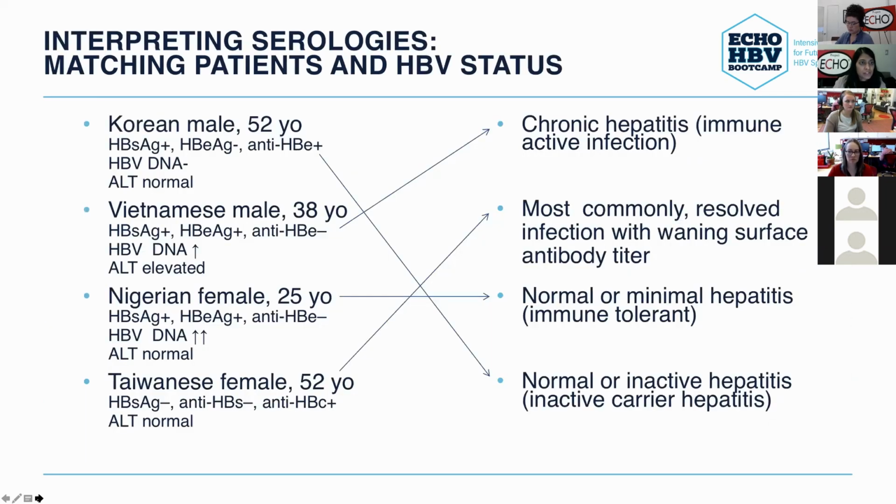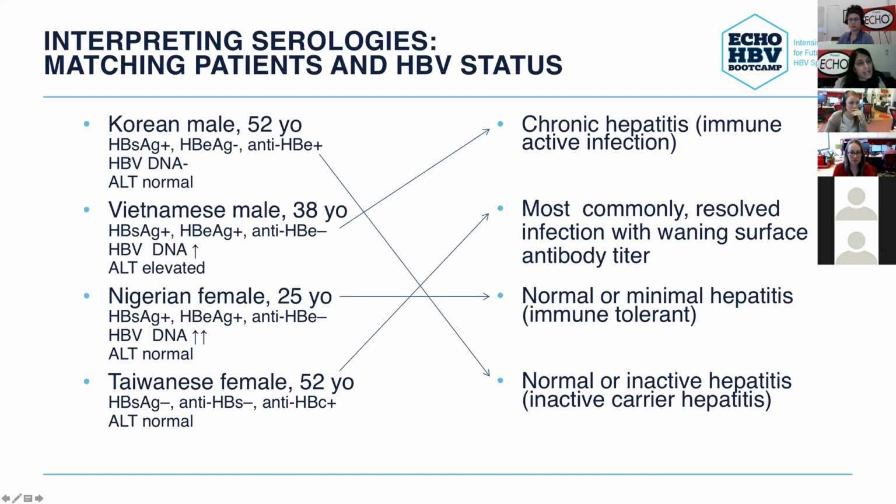All right, and I think examples are helpful. So we've created some mock-up cases on the left, and then included the general interpretation here on the right. And again, these are general interpretations. They're not the whole story, but it's a way you can, in your mind, try to fit patients into one of the quote-unquote phases. So the first case is a Korean male,